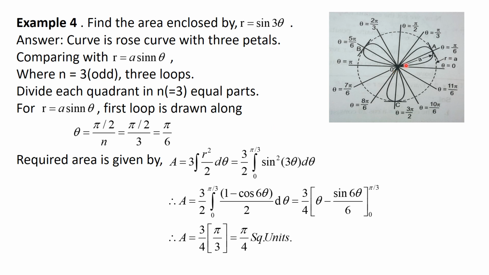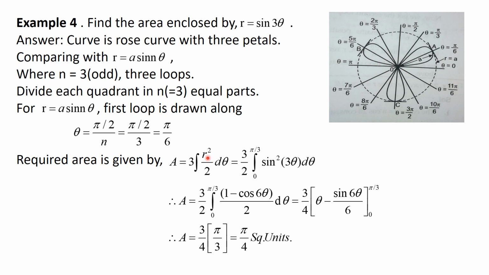See the petal, which goes from r equal to 0 to some limit in terms of theta, so we consider r equal to 0 to r equal to f of theta, and hence we integrate with respect to r first. The integral of r is r square by 2 with respect to theta, where r is the function given as r equal to sin 3 theta. So this is our term, r equal to sin 3 theta. Using the simplest form, now we are interested in the limit of theta.